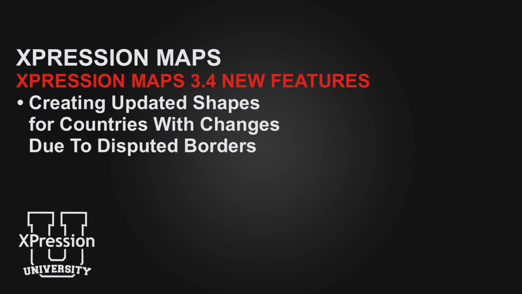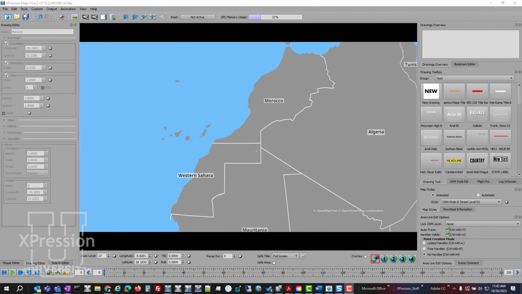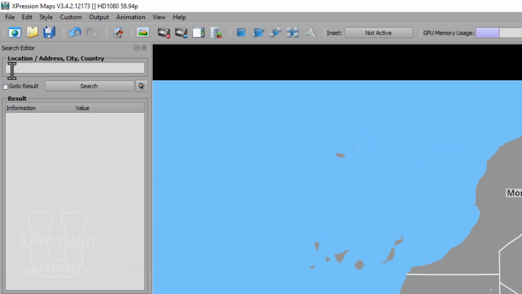I'd like to show you the next step in working with disputed borders, making new shapes for the country boundaries that you've defined. So here I am in XPression Maps, and you can see that I'm still here at the Morocco Western Sahara grouping of countries. And if I go into my search editor and I search for Morocco,